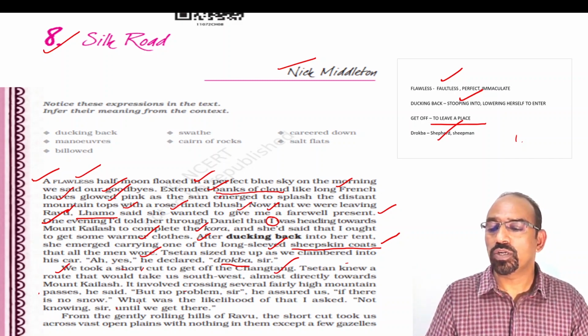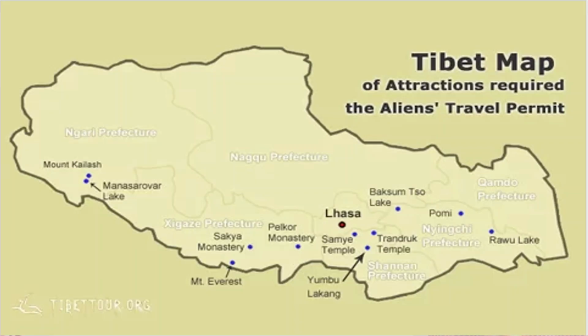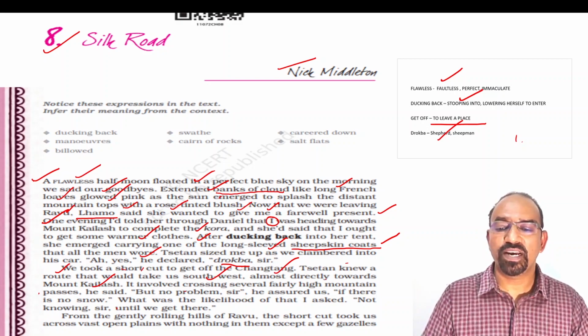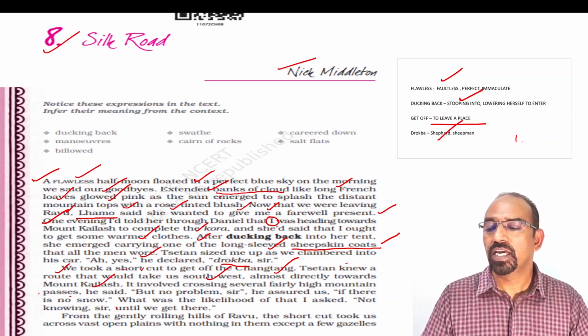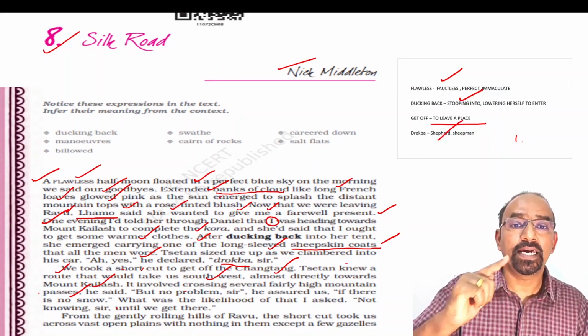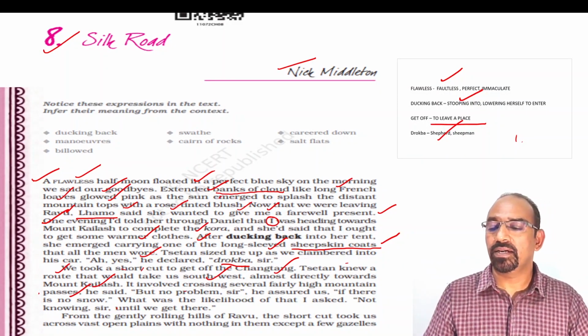Satan knew a route that would take us southwest. So they took a southwest route, almost directly towards Mount Kailash. It involved crossing several fairly high mountain passes. The only difficulty is they have to cross fairly high mountain passes, but they can go directly to Mount Kailash,